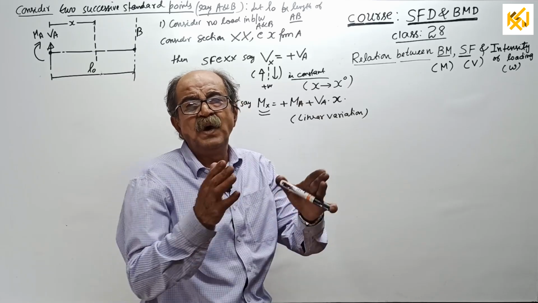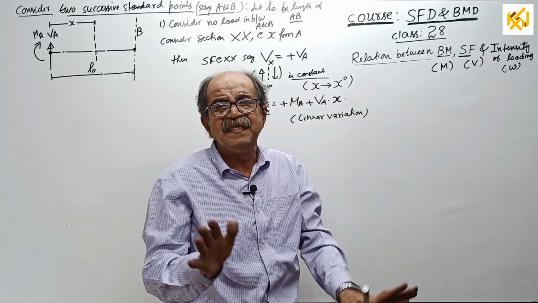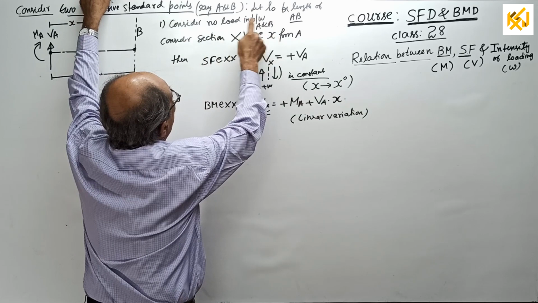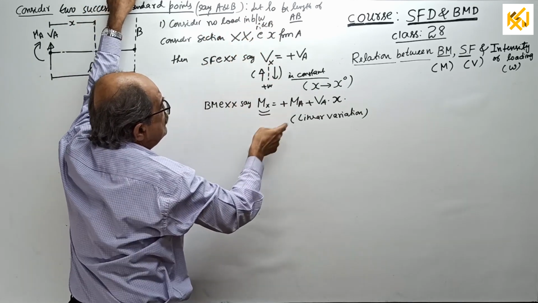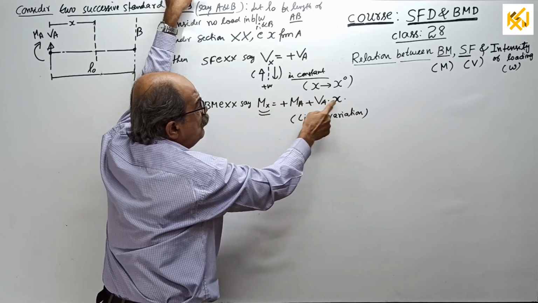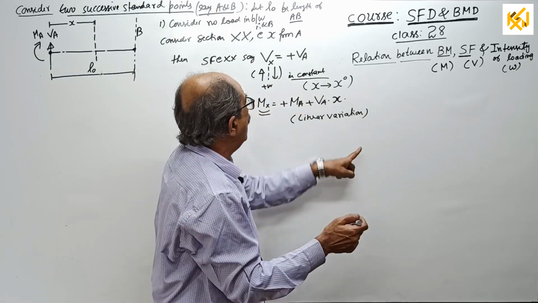They will go for one single stretch, one element they will consider, and then consider everything there. This will make very clear. So, when there is no load between 2 points, then shear force will be constant and bending moment variation will be linear. That's what you want. Now what you do is,